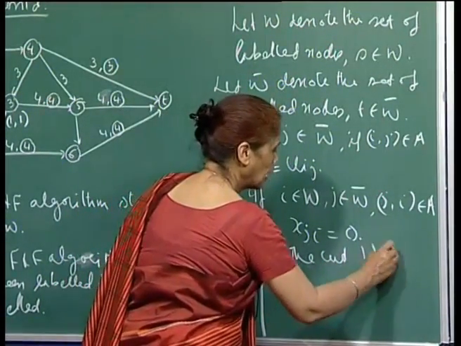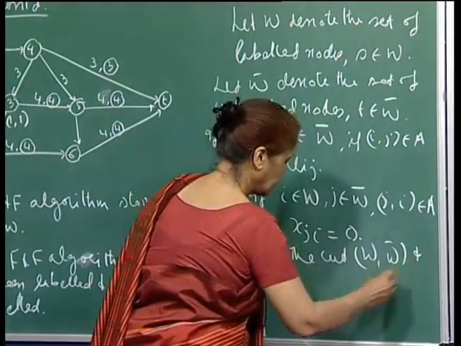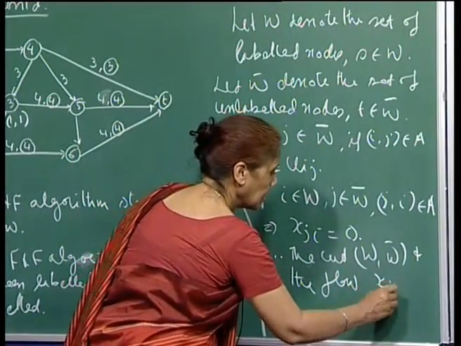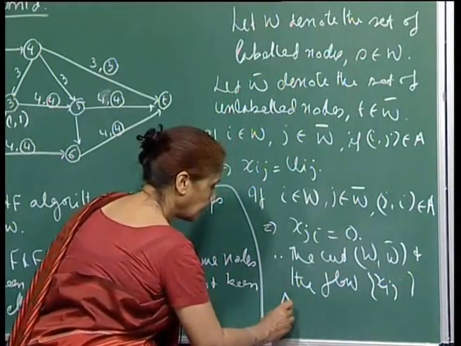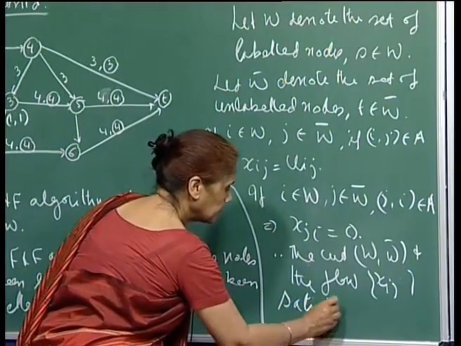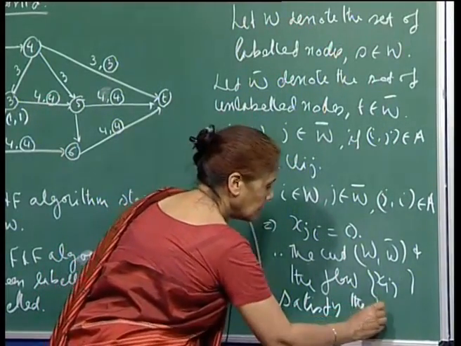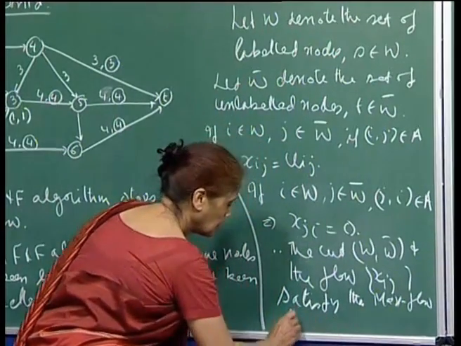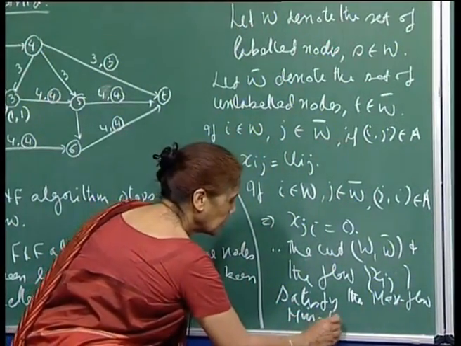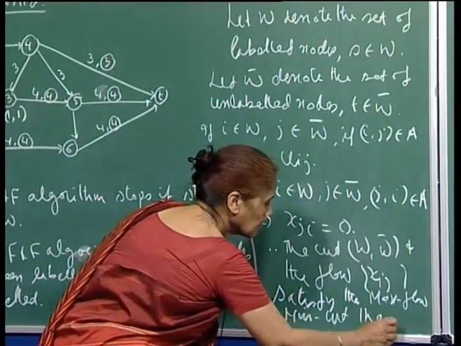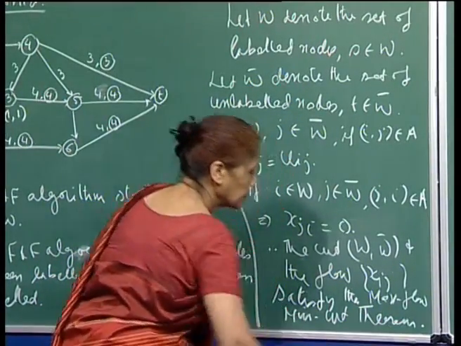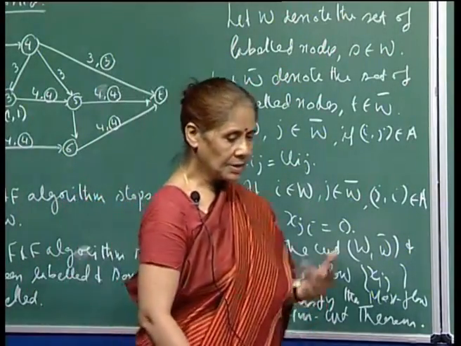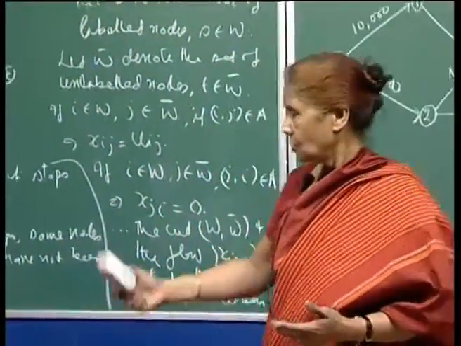the cut W bar and the flow Xij satisfy the max-flow min-cut theorem. Okay. And this is the complementary slackness conditions as I showed to you, and so many ways of looking